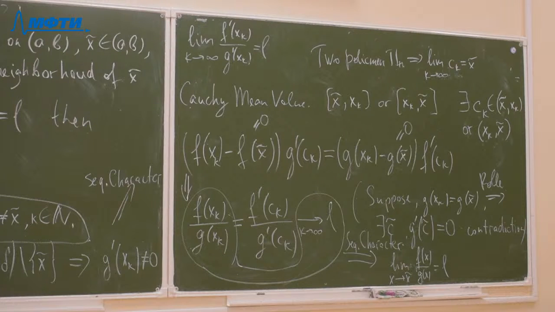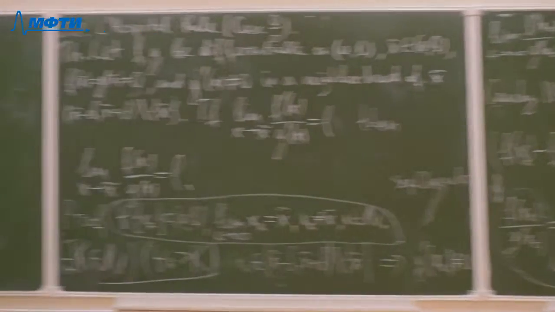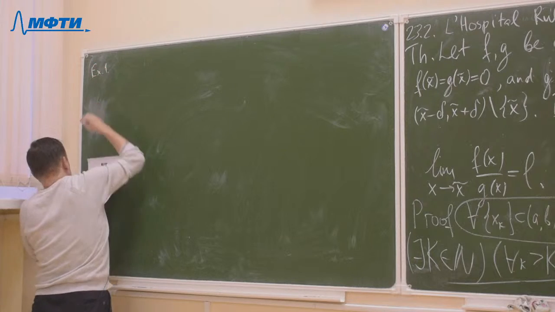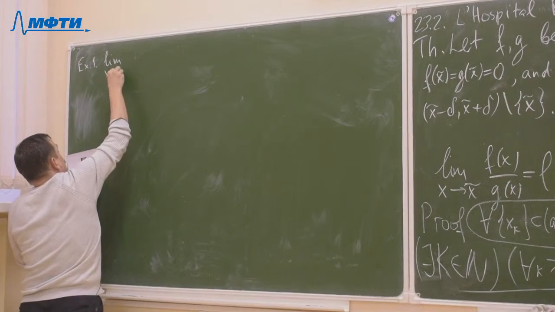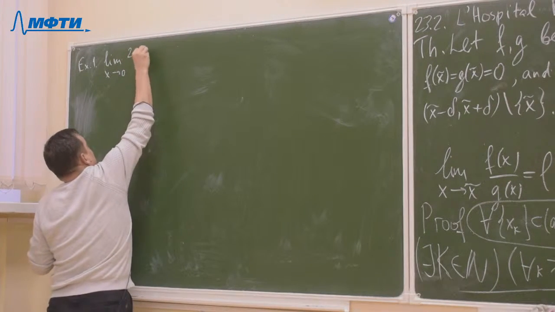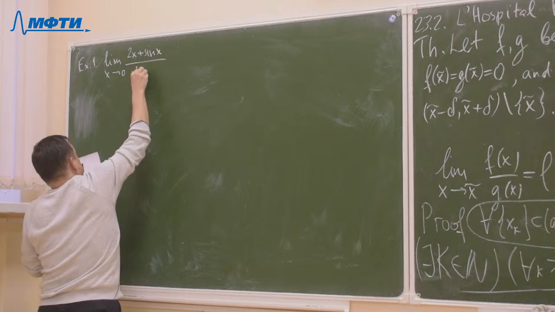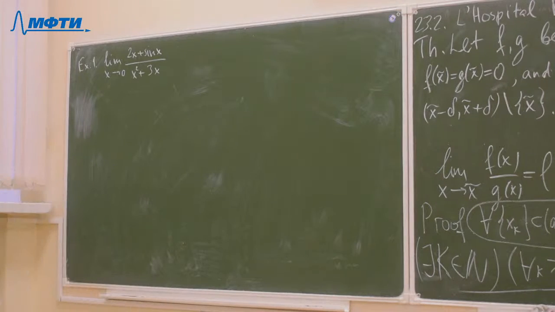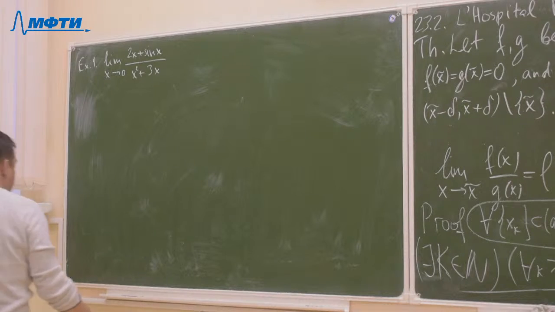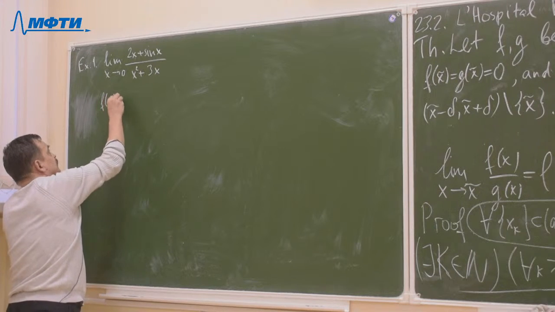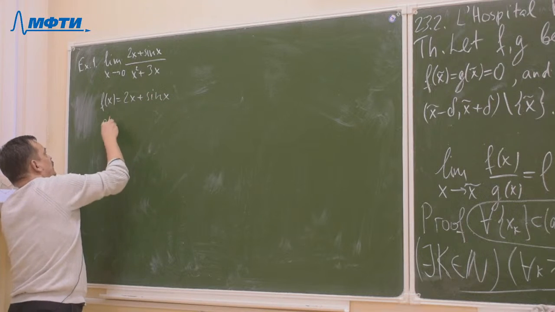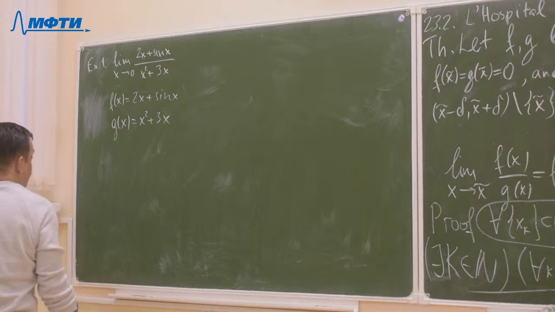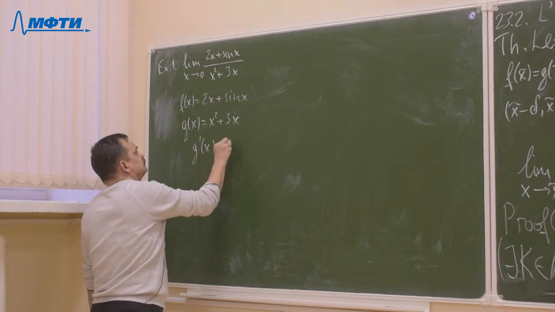Okay. Now examples. Example 1. Find the limit as x tends to 0 of 2x plus sine x over x squared plus 3x. So find that limit. Here we have f of x is 2x plus sine x, g of x is x squared plus 3x. Both functions are differentiable everywhere on the real line. Moreover, g prime is 2x plus 3